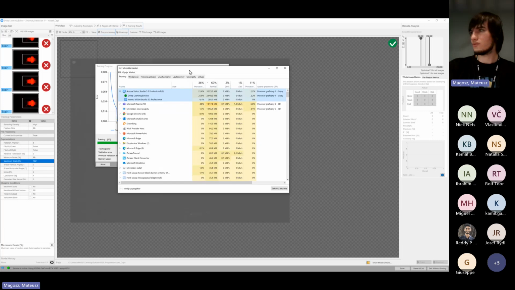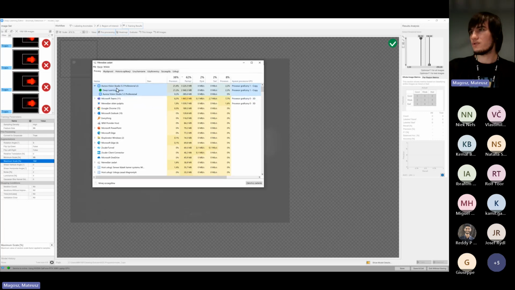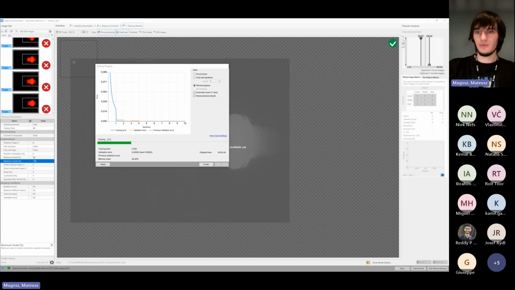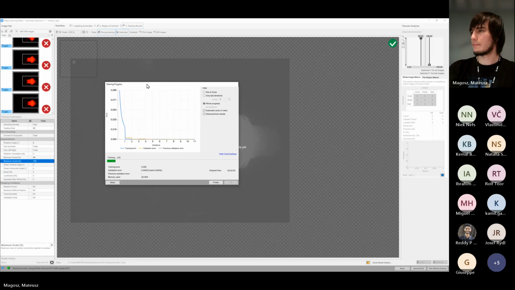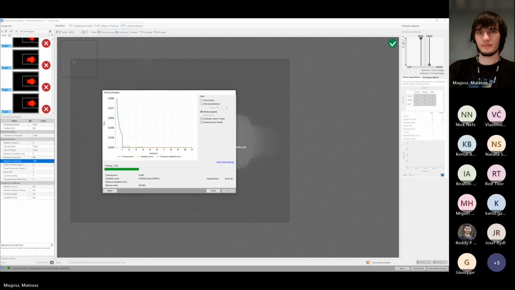So if you go to task manager, you will see Aurora Vision Studio and the deep learning service; you can right click and kill it. Wait like a minute and you can run it after that. Or at least it's how it usually works for me. But I think I encountered it just in our test version. I didn't see it for a long time, 5.3, but